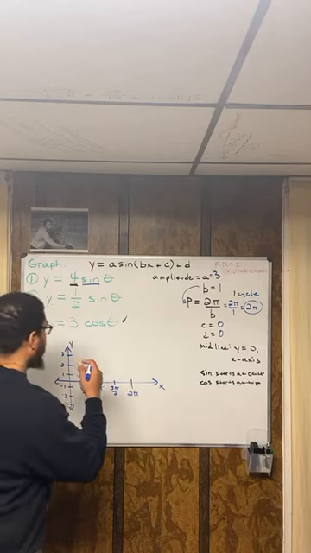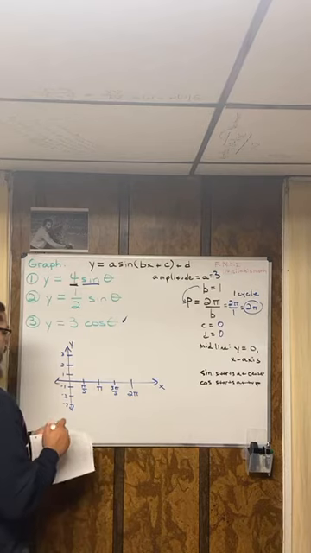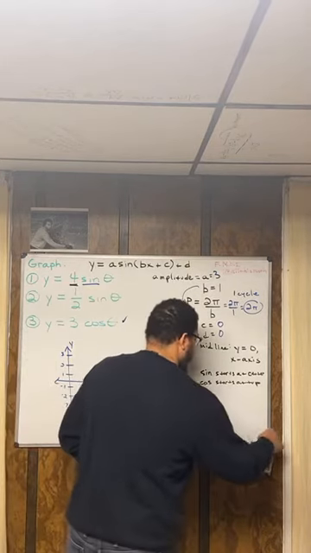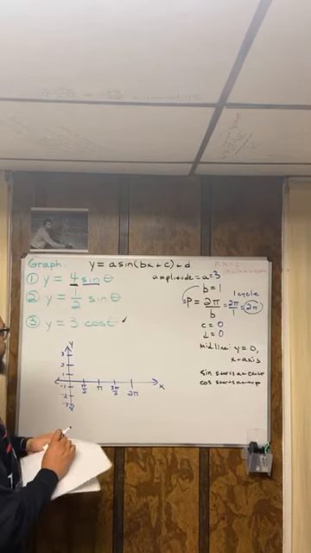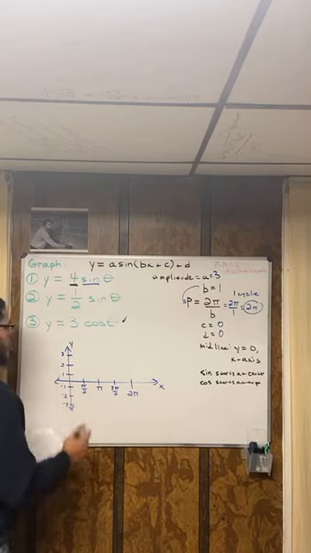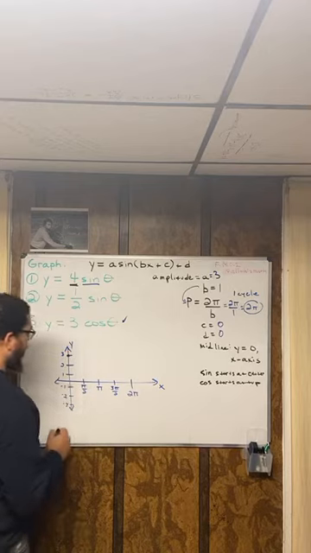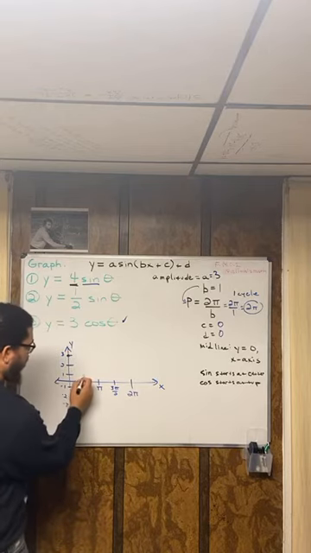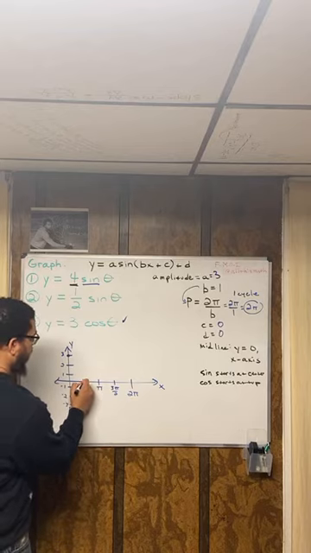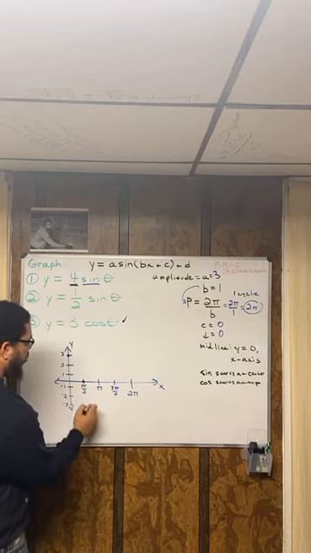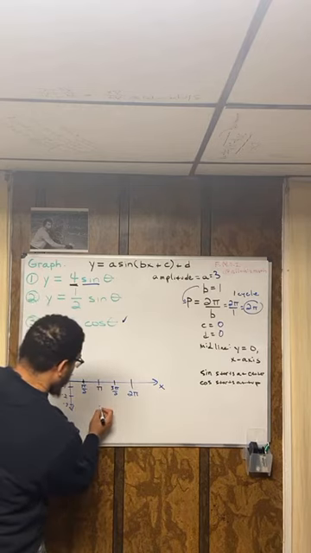So on the y-axis, we're going to start at the highest point of the graph, which in this case is +3. So with cosine, we start at the top. So I draw the point right there, and then we drop down, we line up with pi over 2 on the x-axis. So we drop down, and then we keep dropping to the lowest point. Pi lines up with -3, the lowest point,